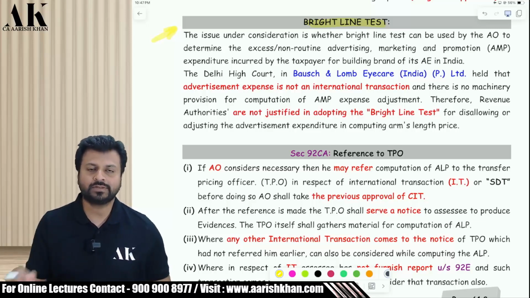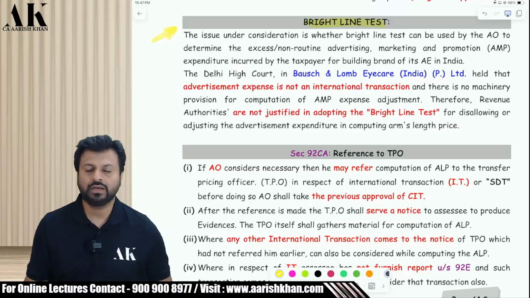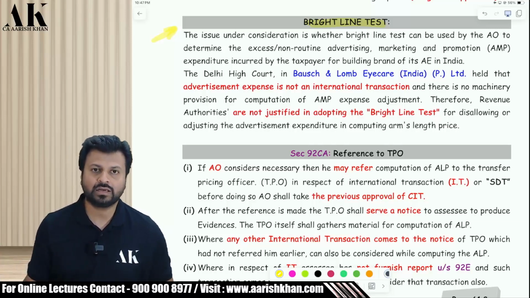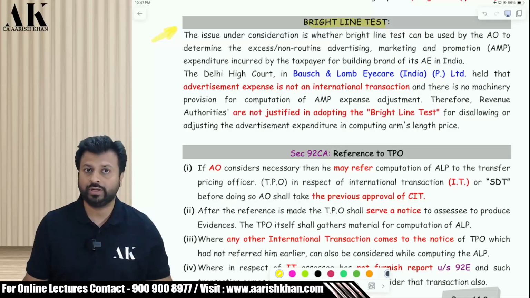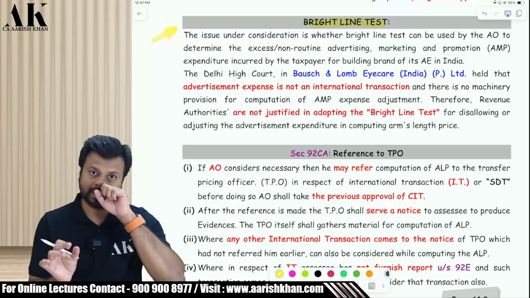Now, they tell the subsidiaries in India to do advertising, marketing, promotion in India on behalf of the parent company. Okay. So, Sony India will do advertisement, marketing, promotion on behalf of Sony Japan. Similarly, Samsung India will do it on behalf of the parent company. Now, whatever advertisement, marketing and promotion expenses they are incurring, that expenditure the assessing officer is disallowing in excess